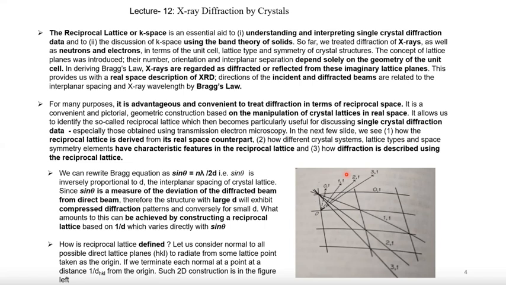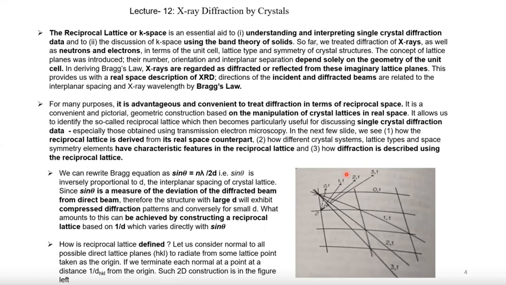It is a manipulation of the crystal lattice in real space that allows us to identify the so-called reciprocal lattice, which becomes particularly useful for discussing single crystal diffraction data,